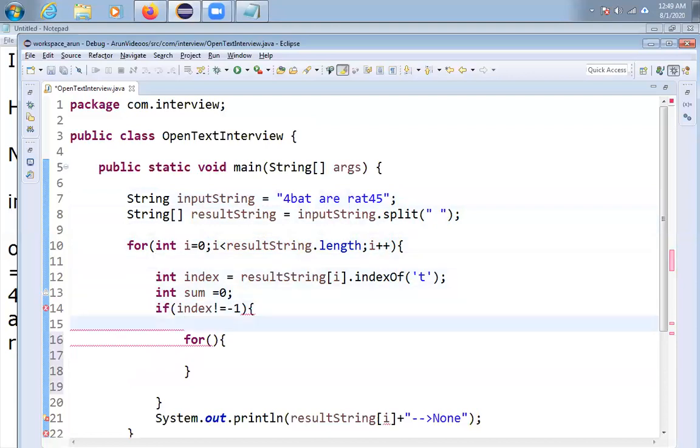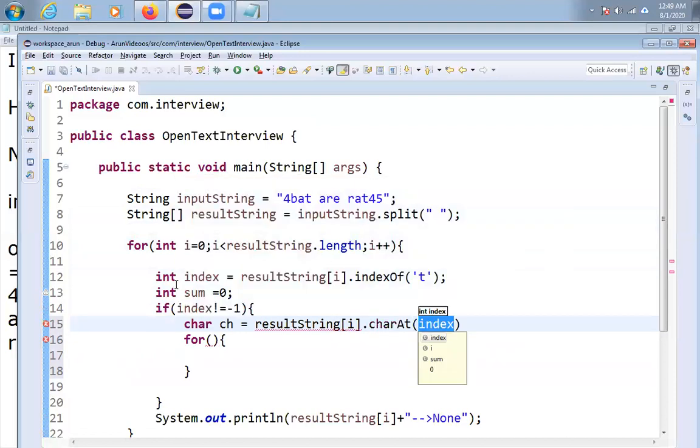So before going to the for loop, I am taking char ch. How do we get the character, friends? Result string of i is one word. In that word, I want each character, first character onward. So that's why I am taking j here.